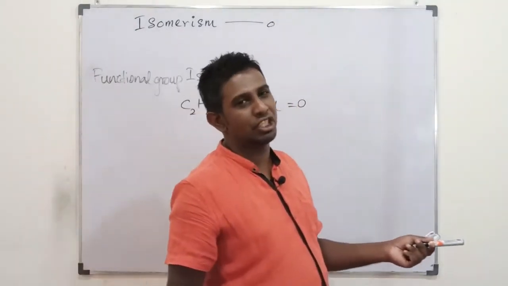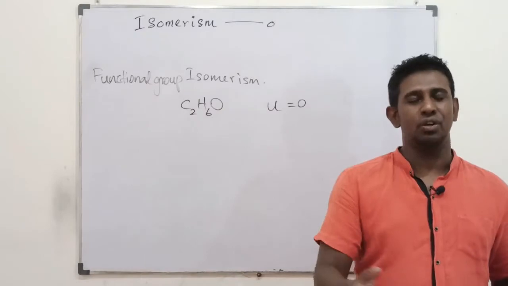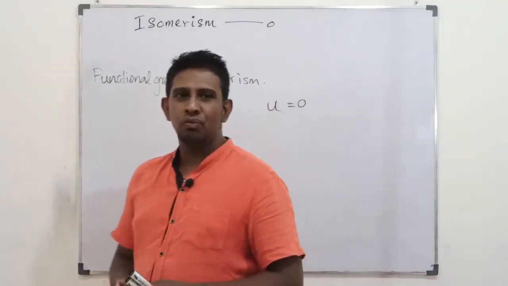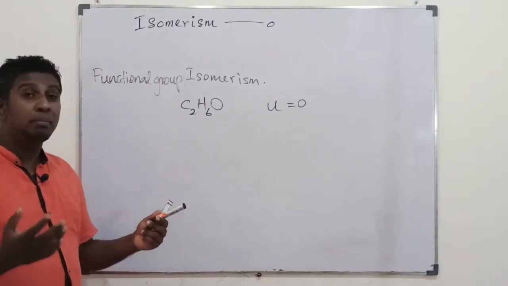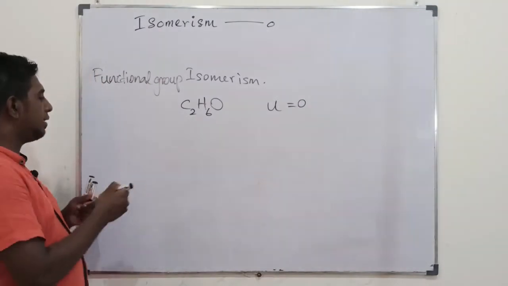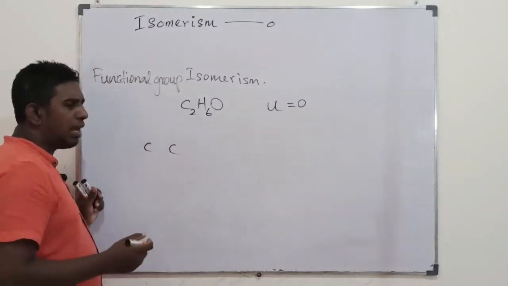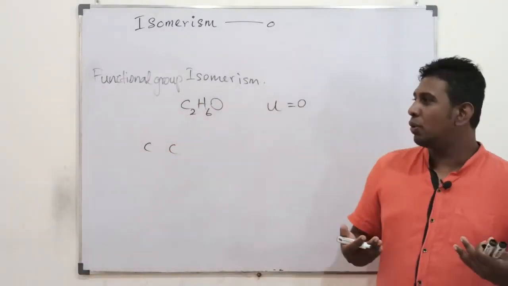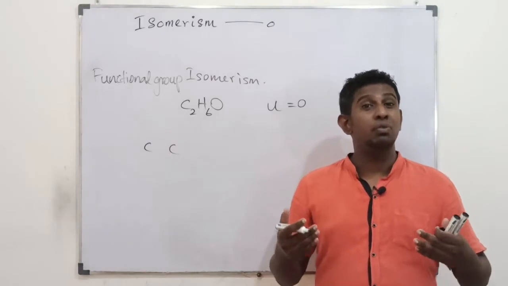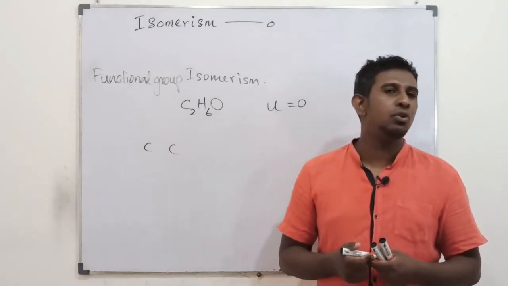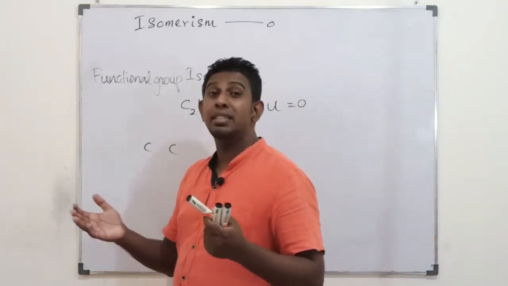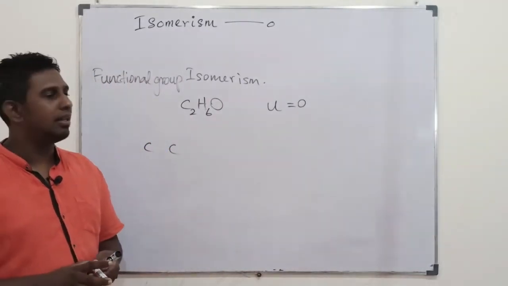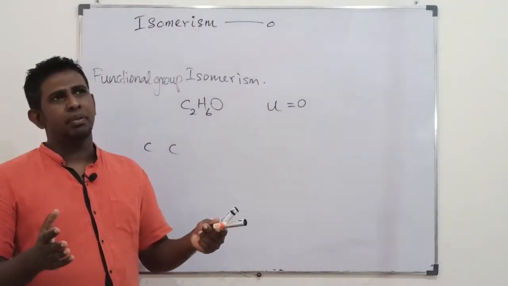Its unsaturation number is 0. Then when you check for possible compounds, students, when you have an organic substance possible to draw with one oxygen, if you do not find any unsaturation number for that particular one, then with one oxygen,